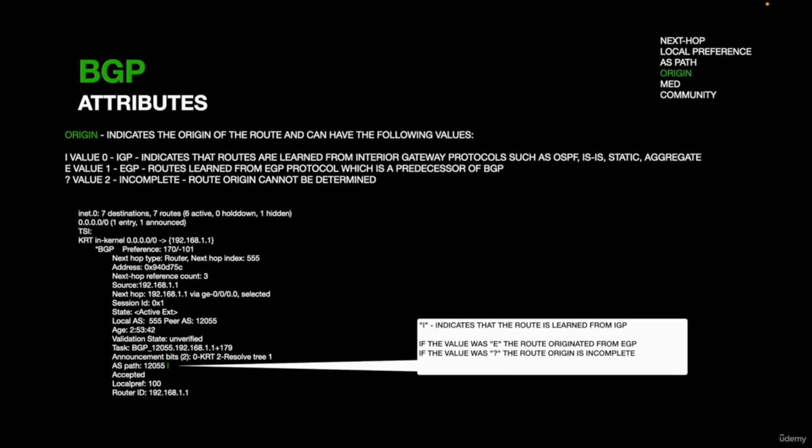This means that the routes were learned from EGP protocol, which is a predecessor for BGP. So nowadays, when you see an E here in the AS path or on origin code, you can know for sure that it was learned from an EBGP peer. When you have the value of a question mark or value of 2, this means that the route origin cannot